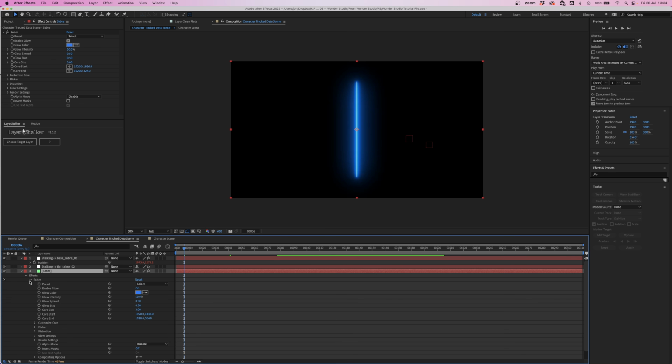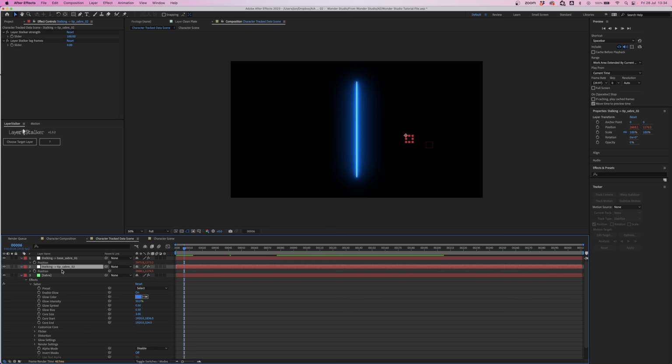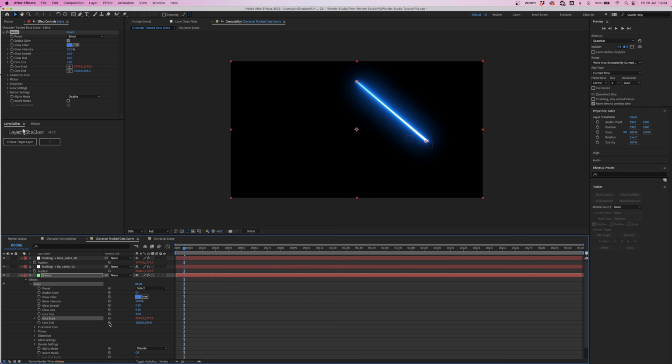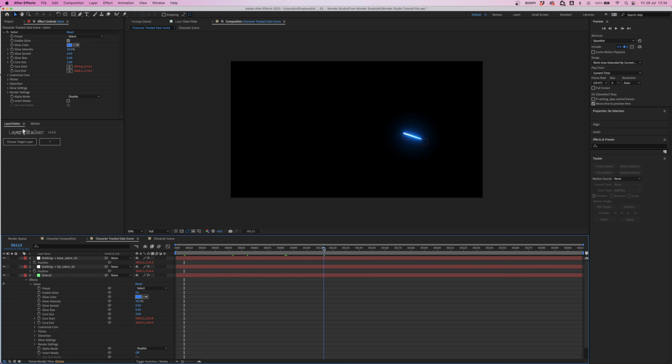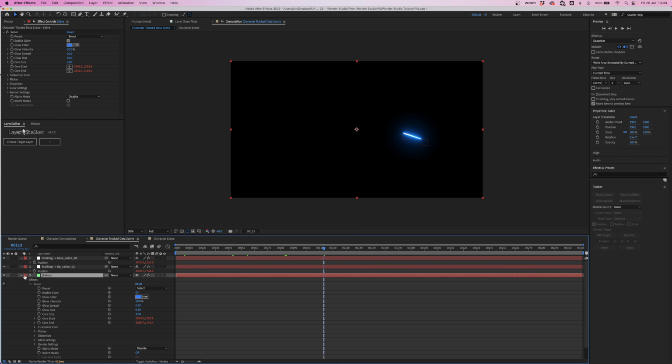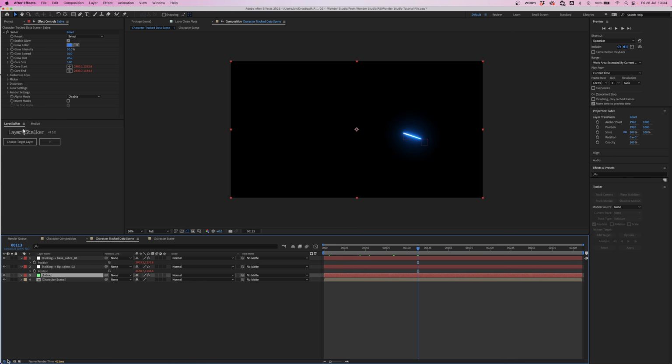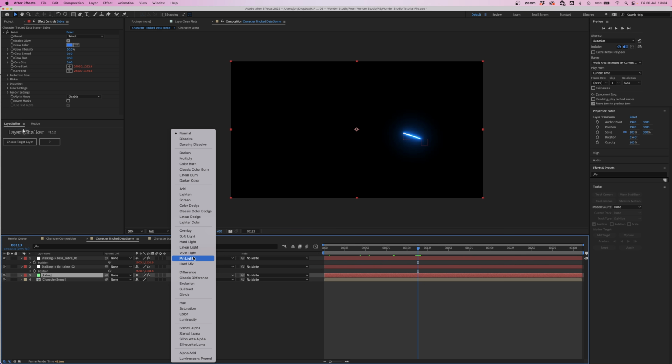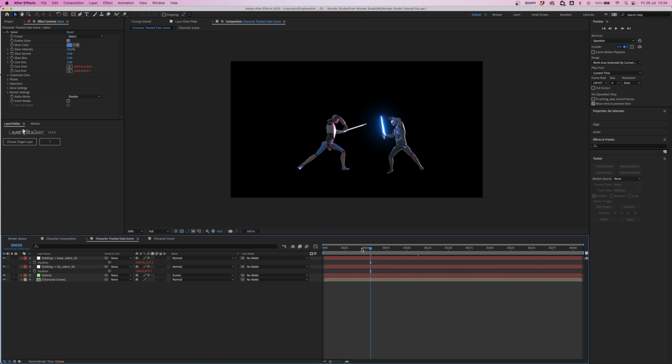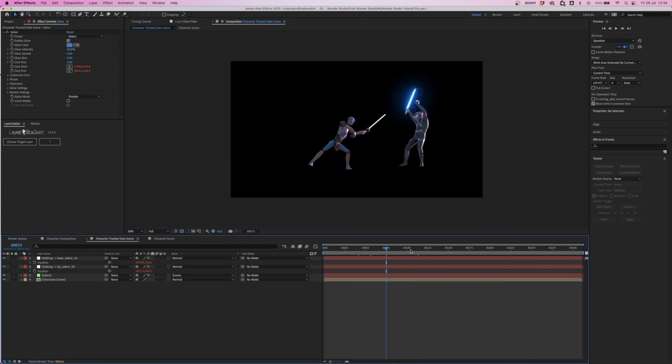We can then drop down the Saber plugin effect, and we have Core Start and Core End. Press P on your stalking layers, so you can see the position variable. And then on the Core Start, we're going to click and go up to the base and highlight the position, let go. And Core End, again, do the same, but for the tip of the lightsaber. And then we have our lightsaber moving around. And then on the Saber layer, we can reveal the blending modes, and we're going to choose Screen. And now we have our blue lightsaber moving around.